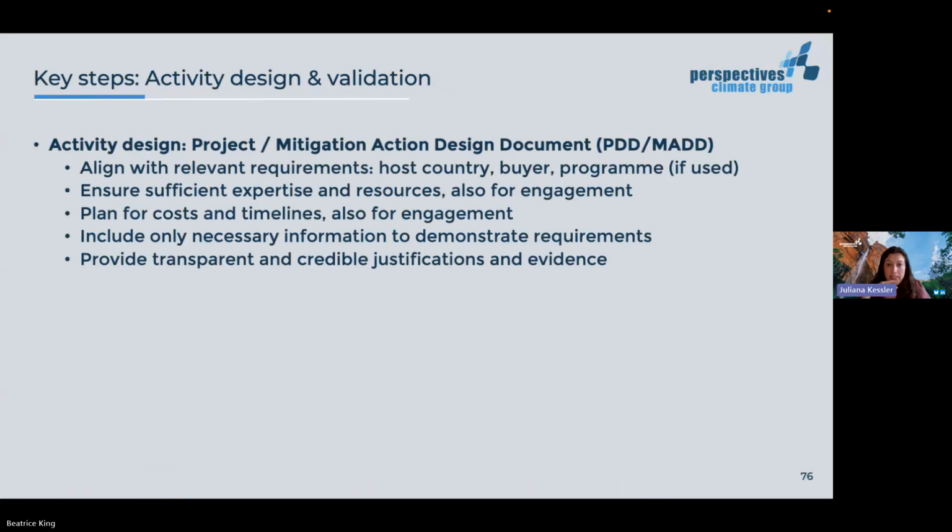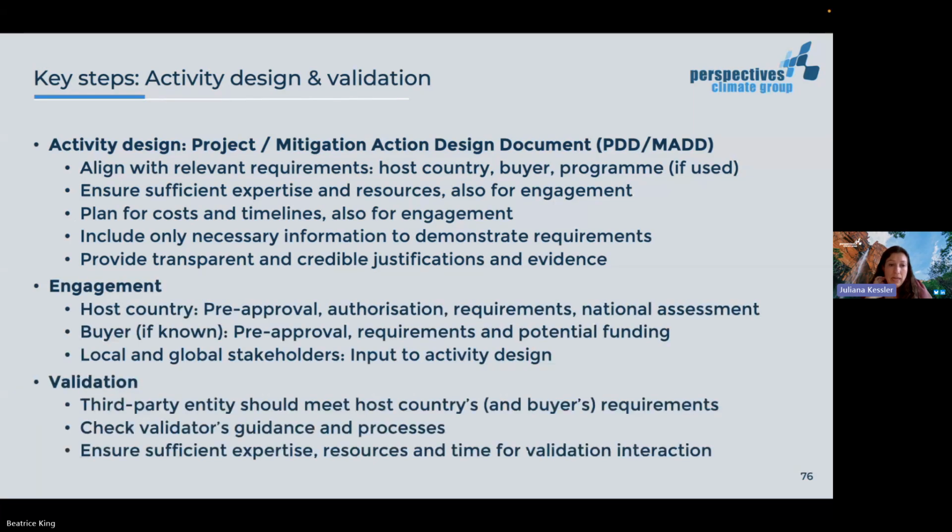some key steps, basically summarizing mitigation activity design, document development, and then the validation. Many of these recommendations have been made. I want to highlight again, provide transparent and credible justifications and evidence, because this will also be relevant for the validation process, and provide the information that is really needed, and avoid going into a lot of different details that might not be needed. So include only necessary information, and also plan for costs and timelines, and for engagement, for back and forth